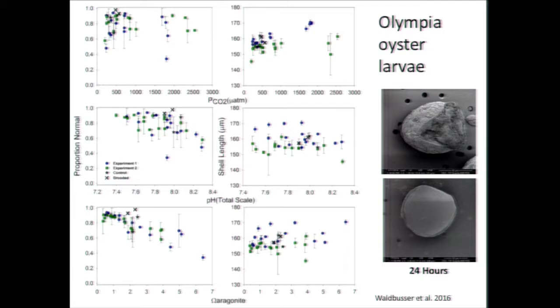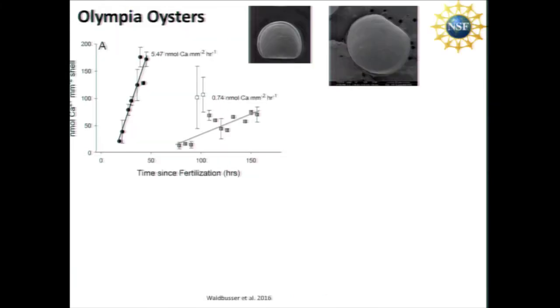And so one of the things that was notable is if you look at those developmental stages, it takes about 24 hours to go through that initial calcification, so about 4 times longer to go through that step relative to the Pacific oyster larvae. So what we did was try to measure actual calcification rates. And so you'll notice these are nanomoles of calcium per millimeter square of shell. And again, we did this because the larvae are different sizes. And so in order to actually try to standardize across, because the Olympia oysters actually have a higher total amount of calcium they're incorporating, a larger shell.